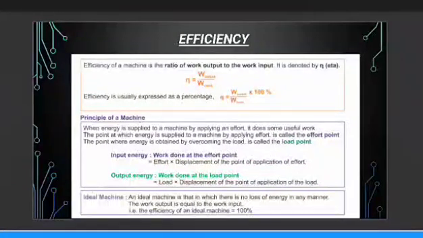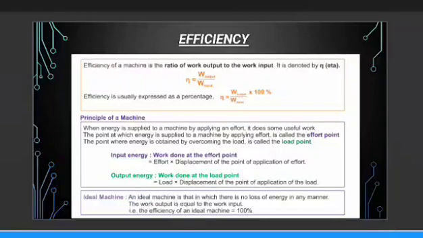Now what is the efficiency? Efficiency is output upon input. Now if I ask you, as a student, what is the efficiency of a student, means how much percentage is he getting? So if a student gets 80%, how will he write it? Say in physics, out of 100 marks, he got 80. So you will say, sir, he got 80 upon 100. 80 is his output, so we write it in the numerator. 100 was the input. The paper was of 100 marks. So 100 is the input.